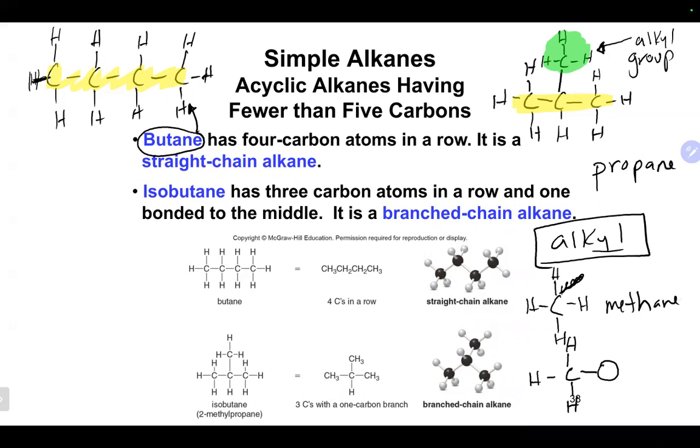And we also changed the name from methane to yl at the end. So it becomes what is known as a methyl group. So that is a methyl group, which is based off of methane, has one less hydrogen, allowing it to bond in. So we would actually add that to our name. This is methyl